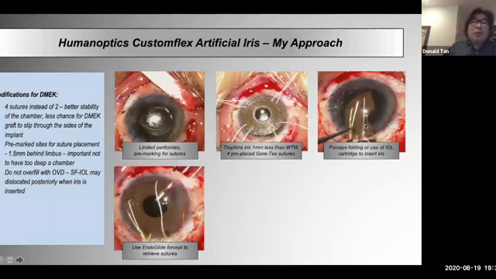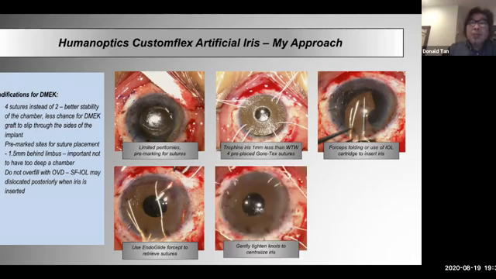What I use is the EndoGlide forceps. So I made pre-placed incisions with a partial thickness groove in between. And here I'm using the EndoGlide forceps. These are the forceps which you have to use with the EndoGlide, and they're standard 23 gauge forceps, which go through an MVR blade incision. And I basically then just pull the sutures out, retrieve them, and you tie them and just gently tighten and make sure that the implant is centered.